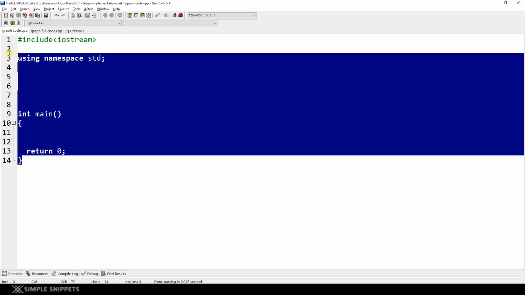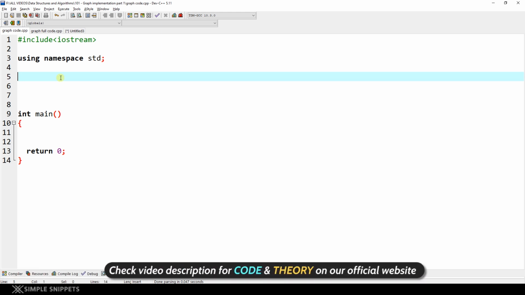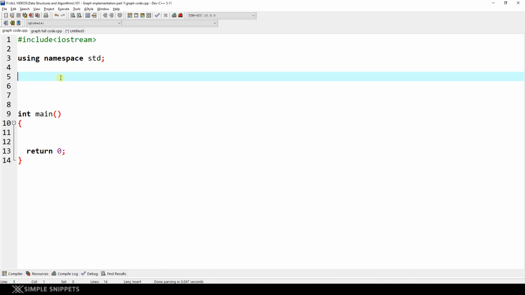And this is how the basic structure of a C++ program looks like. So I've already typed in some things. You guys can pause this video and open up Dev C++ IDE and type along. I highly recommend guys that you at least type the code once, especially if you're a beginner. Please don't just copy paste it. I will obviously be sharing the entire code of graph data structure, the implementation and all the operations. You can see the link in the video description. If it is not there, then it will be there once we cover a few more operations. But yeah, coming to the code.